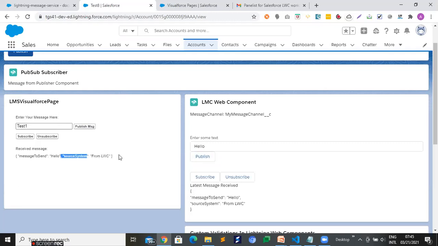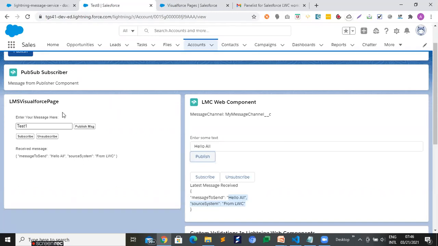So you can see the source is LWC. Suppose I unsubscribe, right? Now when I publish, I get hello all only here, not here, because I already unsubscribed. So when you unsubscribe, whatever notification is sent is not received by your application. You need to subscribe again so that whenever we publish anything, it will show that, right? So in this manner, we can communicate between two unrelated components.